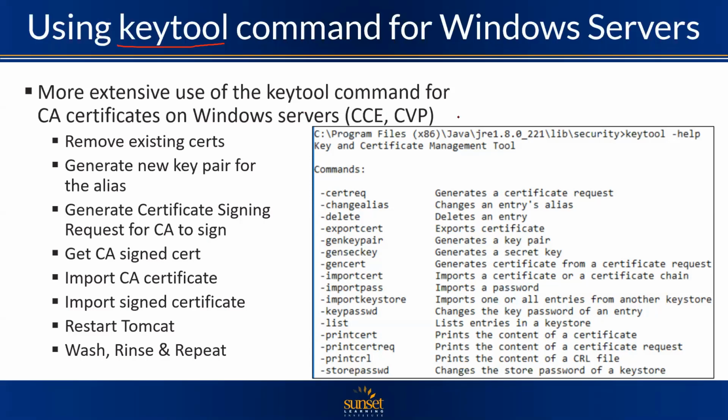So whatever, we're going to show you the Keytool command and how we can basically do the same thing that we just did over there in the VOS operating systems. We'll show you that you might need to remove some existing certs, as you could do over there in the voice operating system. You can just delete them if you want to. How to generate the new key pair, how to generate a CSR, how to get your CA signed cert, import it. And then, of course, usually you're going to be restarting Tomcat